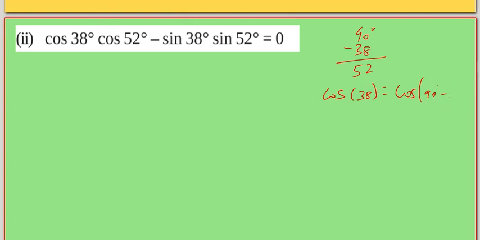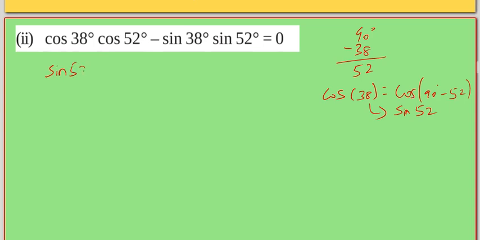So in place of 38 we can write 90 minus 52. Directly we can say that cos 38 equals sin 52, because cos of 90 minus theta is sin theta. So we will get sin 52. For complementary angles, we only have to change cos to sin and write the complementary angle. So cos 38 equals sin 52.